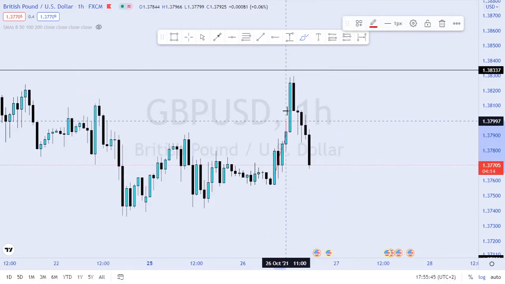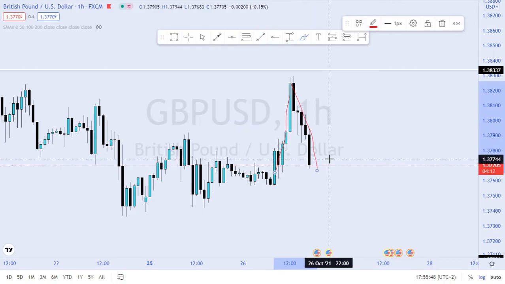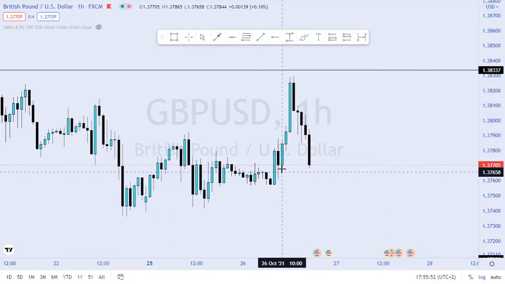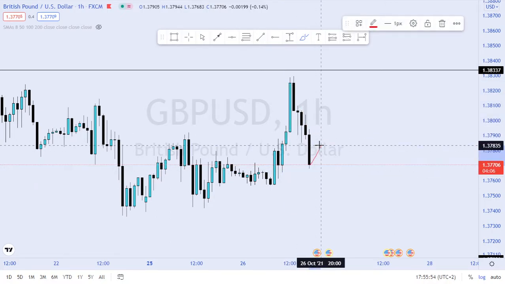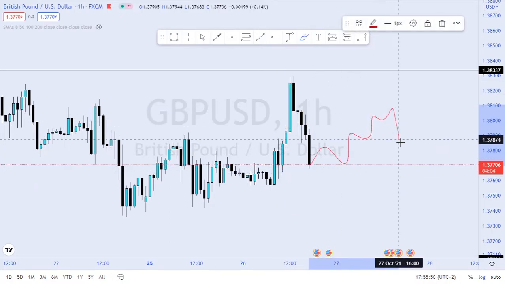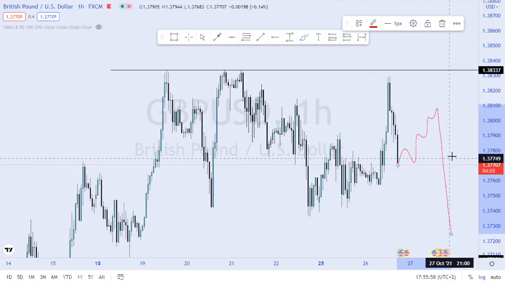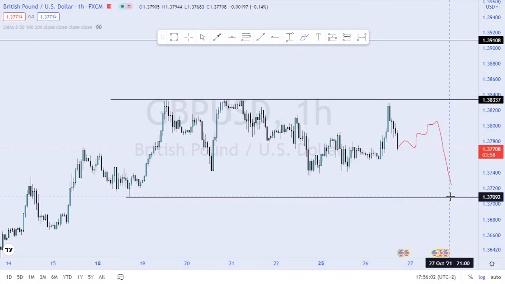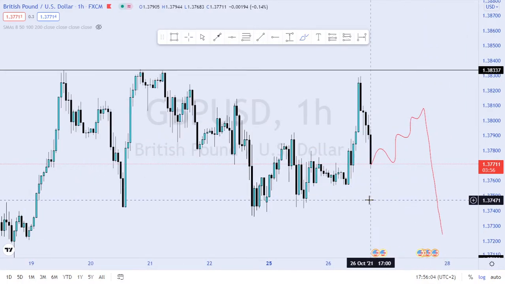But look at how price is basically coming to the downside, showing me some form of impulse in impulse. So that's going to be a sign of where price can easily come for a corrective move and then continue to the downside, and will most likely come and test these lows here on a 4-hour time frame, guys. So this is basically what I can see because